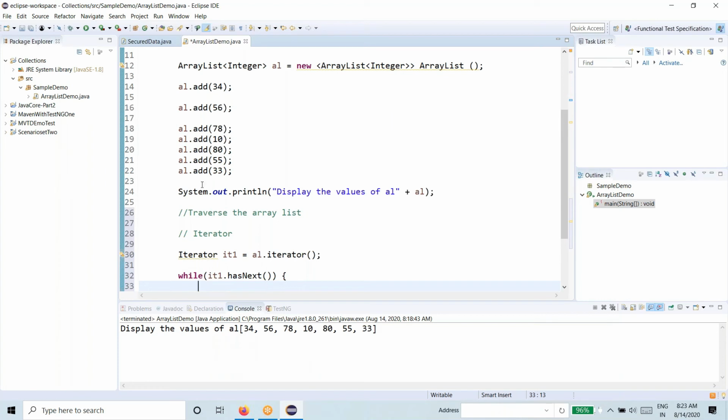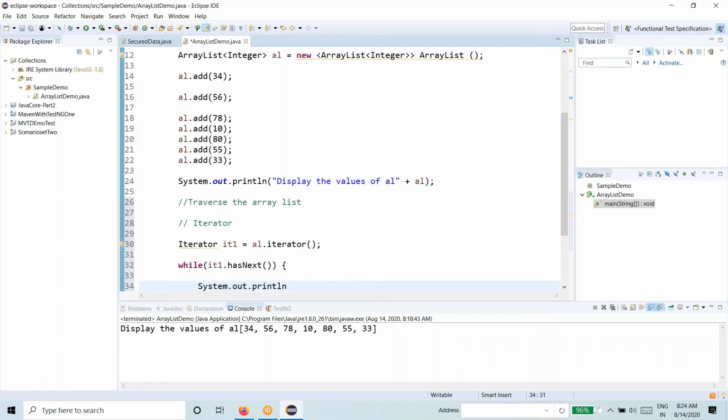Let me write it, otherwise let me copy it from here. Now what do we need to print? We need to print the next element. So what will be the method? It1 dot next.